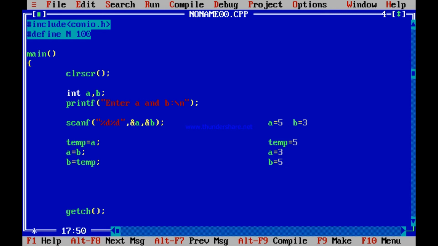If you write them, then the program has been done. If you execute, then you will find that the program has been done. Let me delete this part and let me run this program again.